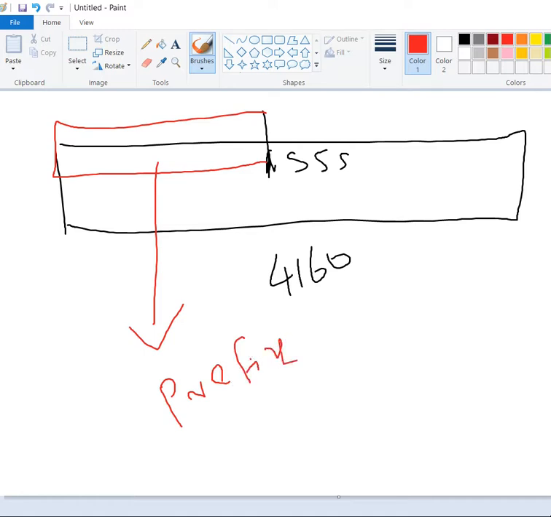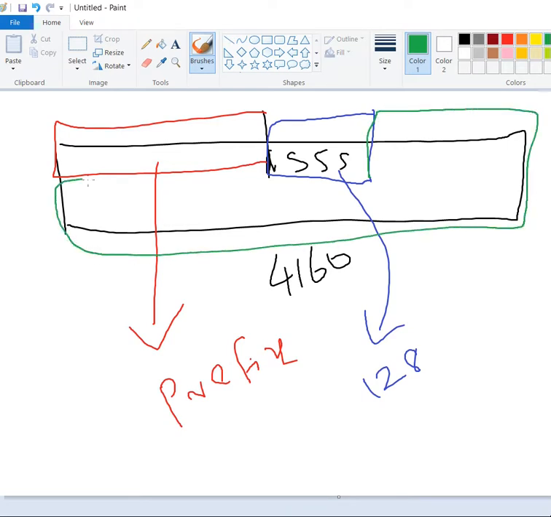From 4160, I am taking 128 bytes and leaving them, and everything remaining after these 128 bytes I will consider as suffix.